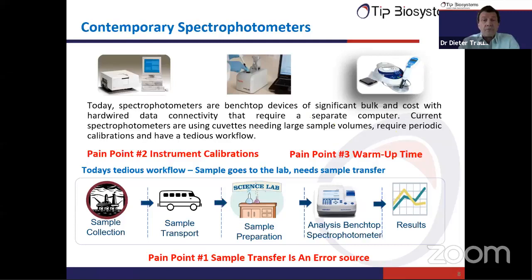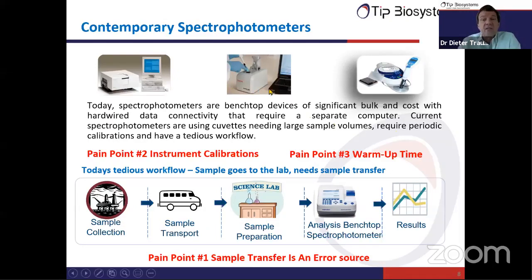Okay, so how do spectrophotometers look today? Here we also want to address some pain points that were submitted. Typical spectrophotometers today are benchtop instruments, like in this picture. You see them here on the top, and for decades and decades, that was the standard. And there were, in my personal opinion, 2 big advancements in spectrophotometry.